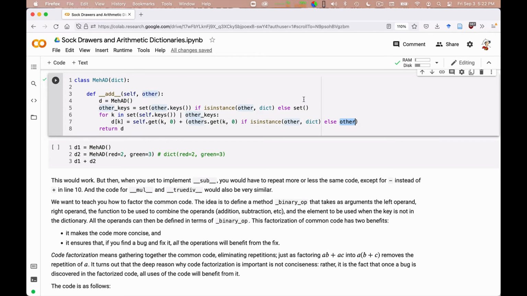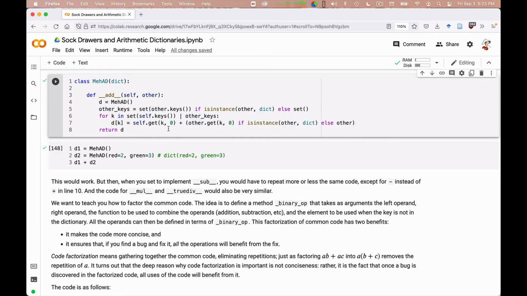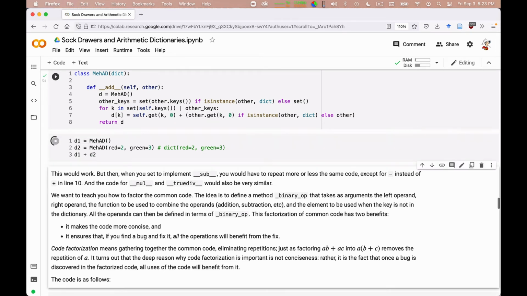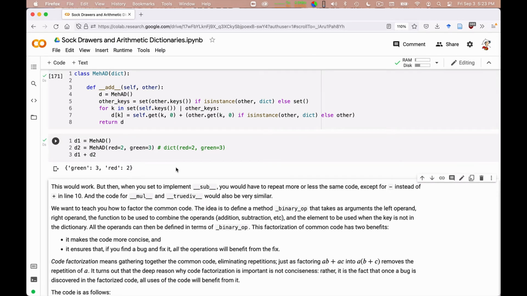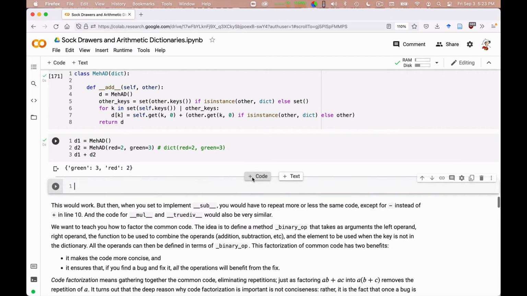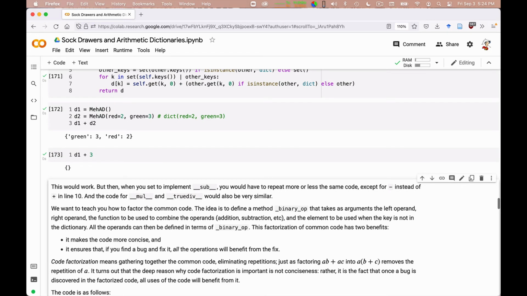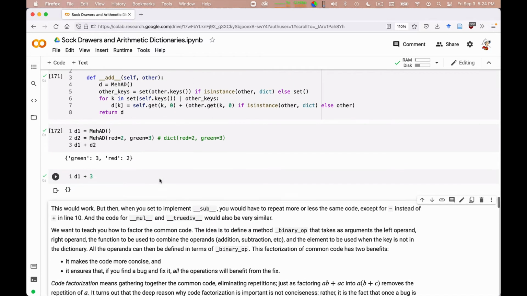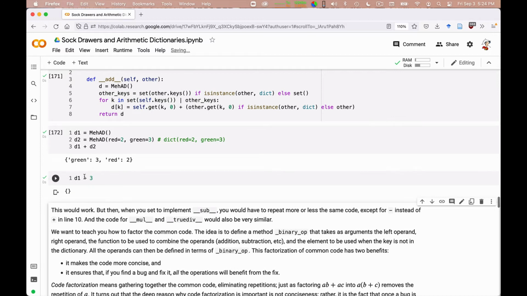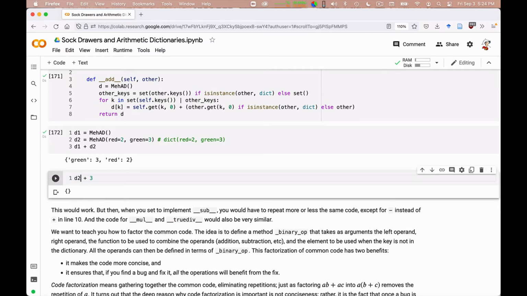Okay, so I can write these, run it, and check that it works. And I should also be able to write something like d1 plus 3. Well, d1 is the empty dictionary, and d2 plus 3.